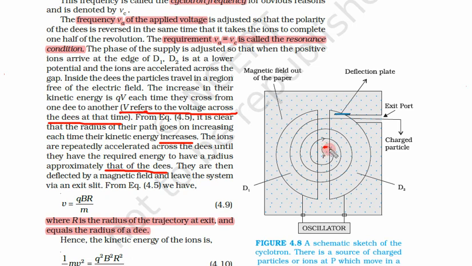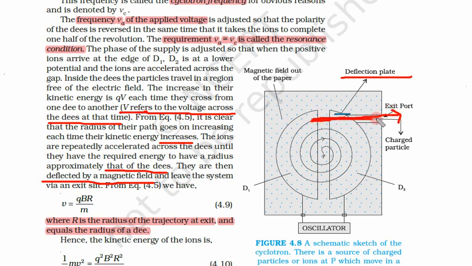So here you can see that their radius keeps on getting larger and larger, and at last when it is almost equal to the D, they exit from this D. They exit from this cyclotron. They are then deflected by a magnetic field and leave the system via an exit slit. So there is an exit slit. This is the deflection plate, deflected by a magnetic field. So once they are here, the radius is so large, they are deflected by this plate and exit from